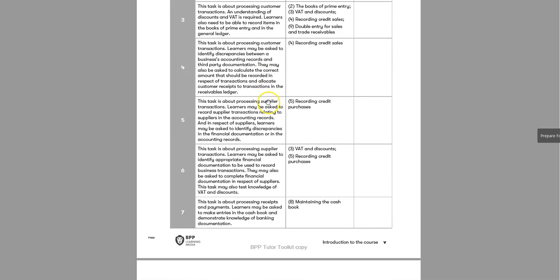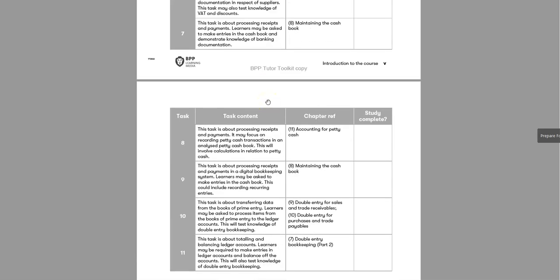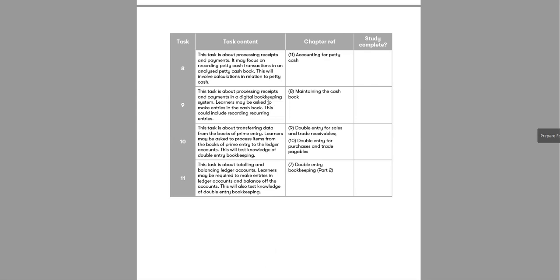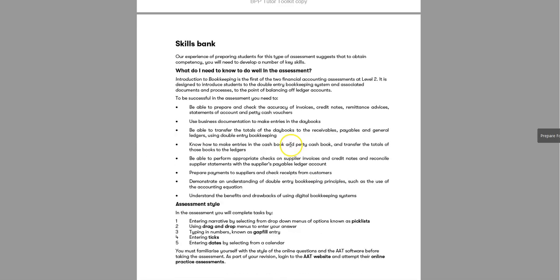Currently we have 10 questions in the exam, so we have to do 10 tasks. For the new syllabus we have to do 11. So they have increased one more task, but they have reduced one of the areas, that is trial balance. So you are not going to look at the trial balance for Introduction to Bookkeeping. All right, now let's have a quick look at our